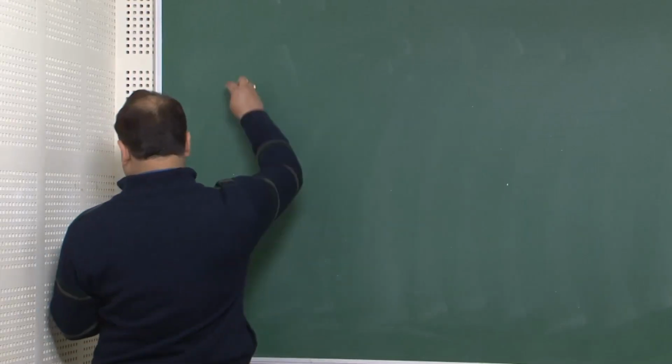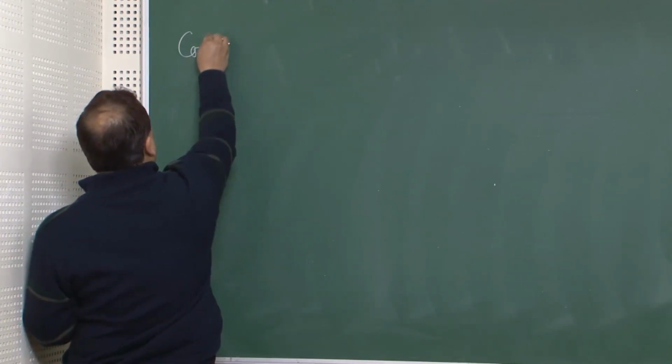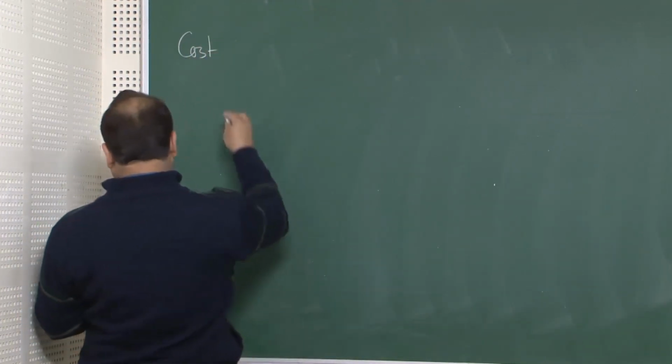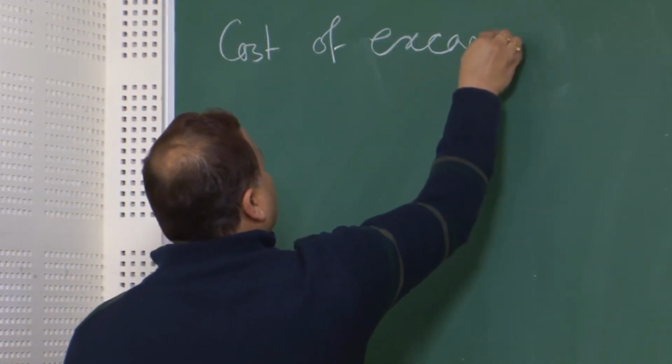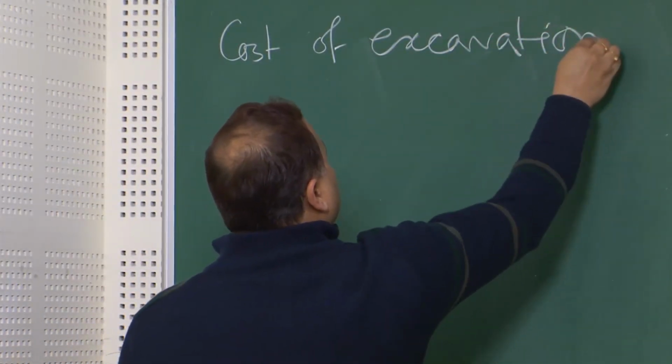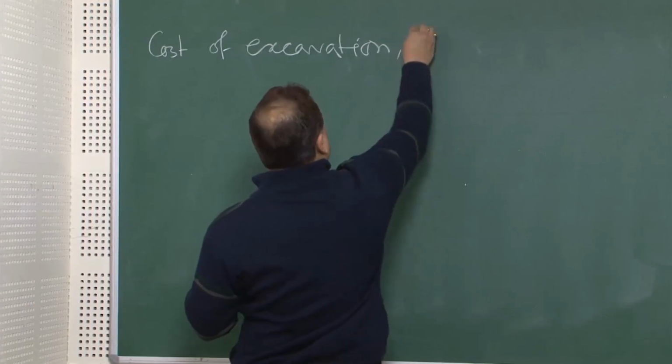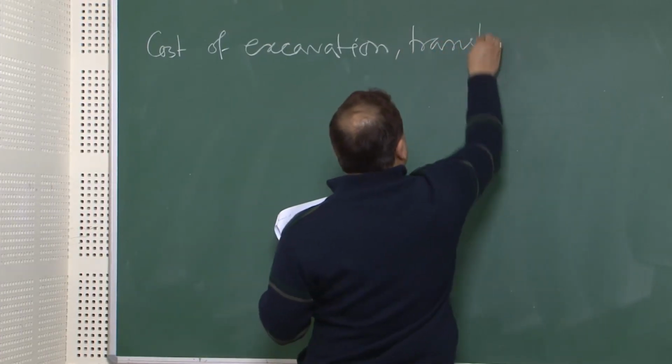So for borrow area A, cost of excavation, transport,